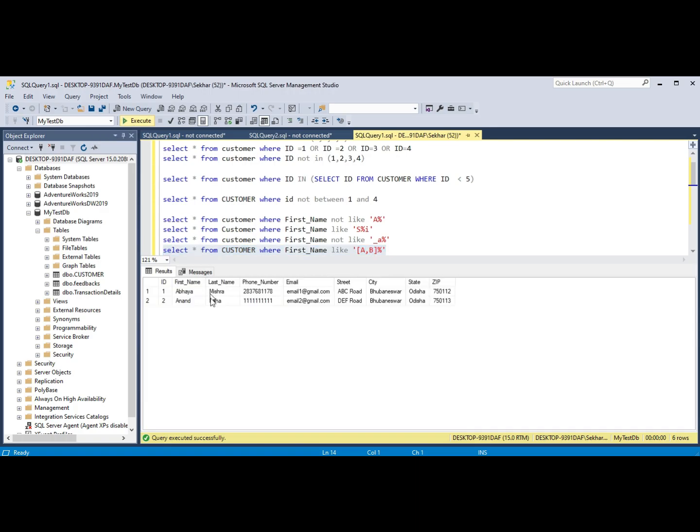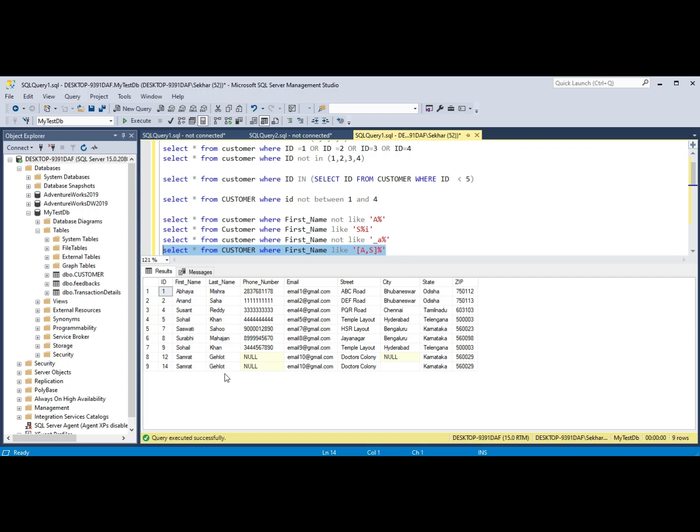If you run this query, I think we don't have any names starting with B, so let's write yes. See, you got all the records where the name starts with A to S.